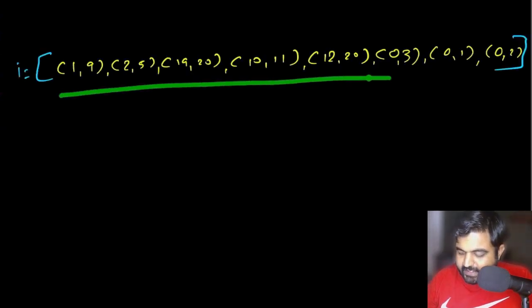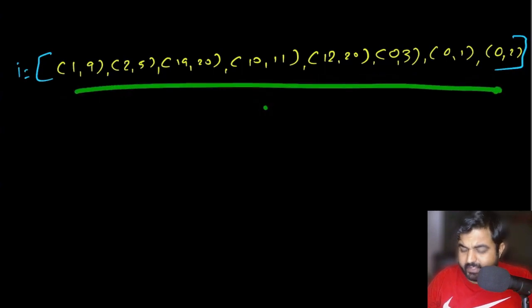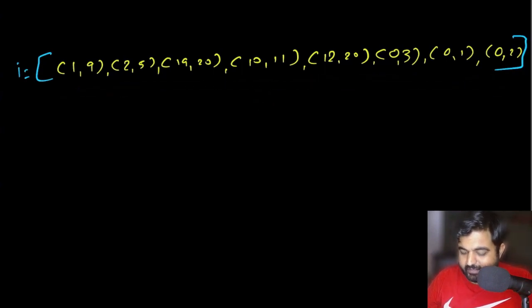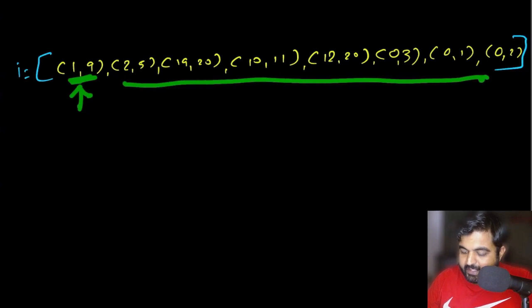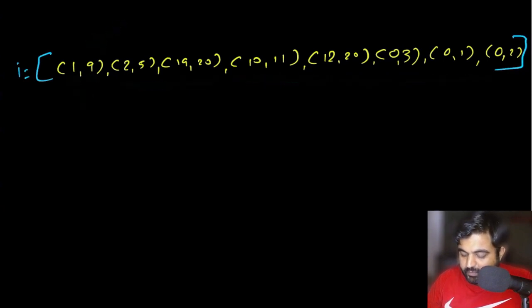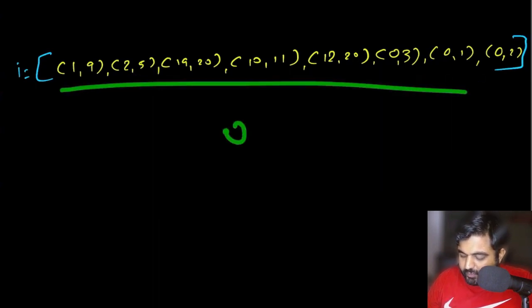Suppose this is the input we are given, and now we need to find all the merged intervals. If you see this input, it becomes really difficult to find which intervals are overlapping with each other. For example, take the interval 1 to 9. If we want to identify whether there exists any other interval that overlaps with it, we will have to go through every single value inside the given input. The same way for 2 to 5, we will have to repeat the same process. Basically, if we keep on doing this, it is going to lead us to solve this problem in big O of n square time, which is not what we want.